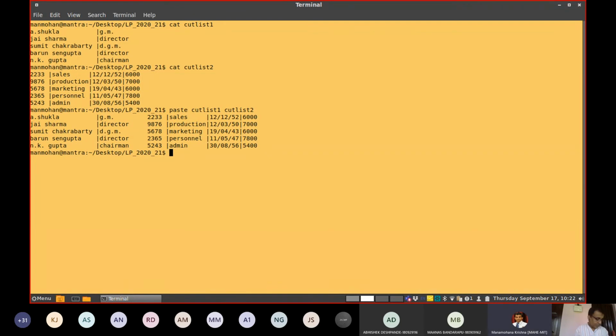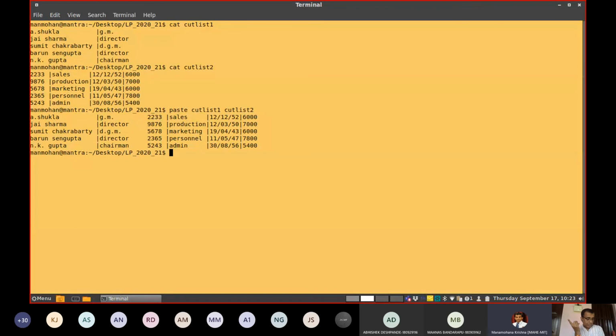And now if you look into these particular files, the original content has been restored to some extent, not completely, except that the fields have different relative locations. Their relative locations are changed now. Now name is at the first field, and pasting has taken place on white space also.